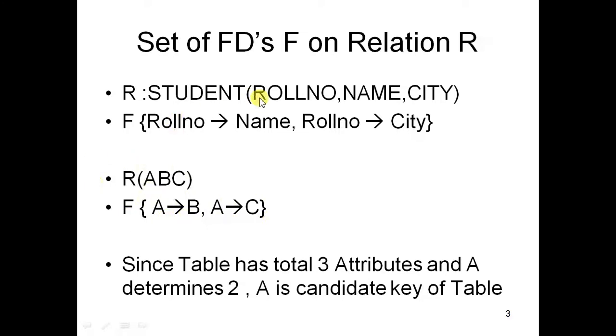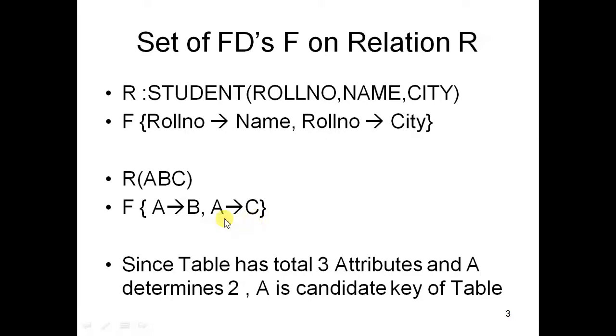See, if the question is something like this, it is very easy, because without any confusion you can tell. If I ask you what is the primary key of this table, by your general instinct you can say roll number is the primary key, because you are aware that roll number will be used to identify. But if the question is something like this, R(A, B, C), and the FDs are A determines B, A determines C, what is the primary key, then it becomes a little bit tricky. So understanding of FD is totally based on this concept.